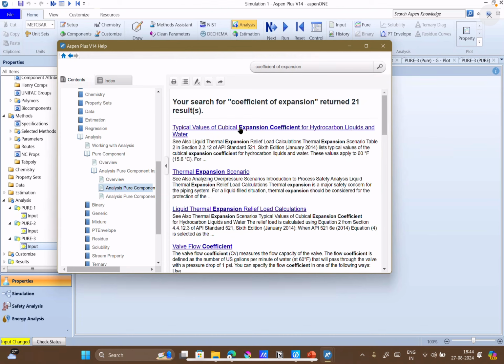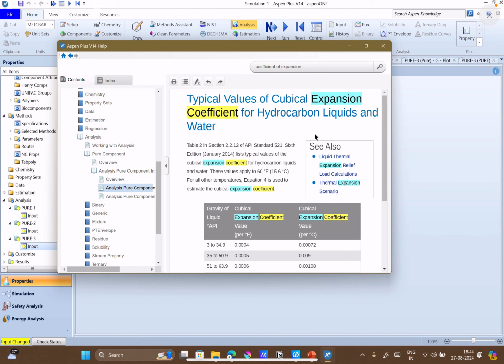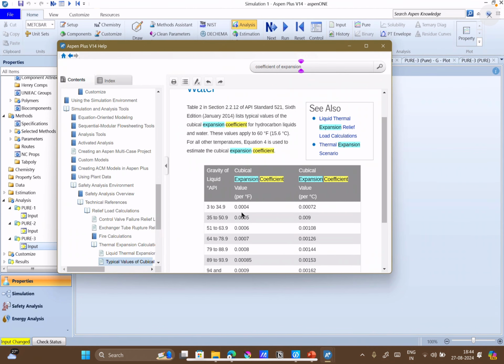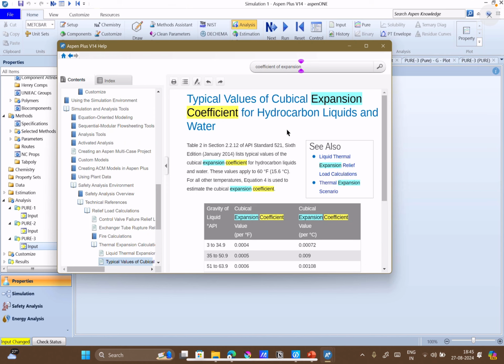Typical values of cubic expansion coefficient. So you have the liquid thermal expansion scenario.